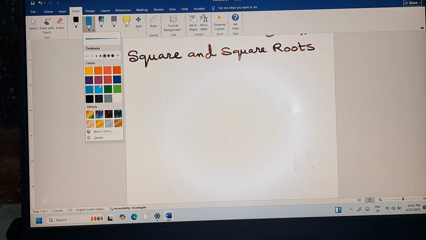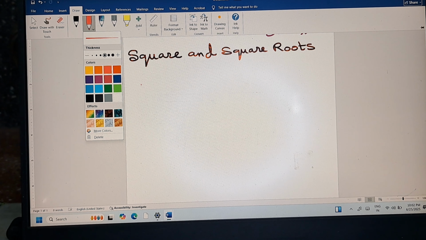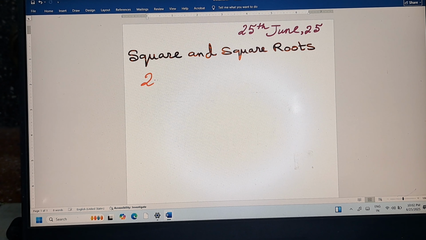So today's topic is squares and square roots. So students, in our junior classes we have already studied, in our multiplication tables, the concept of square of a number. Now if I write over here the 2 times table,